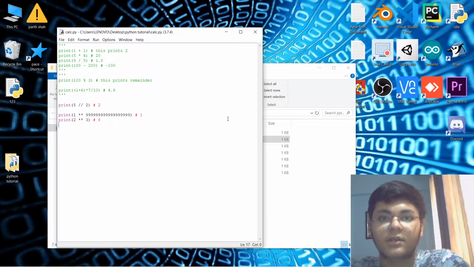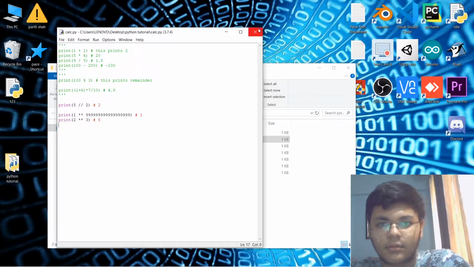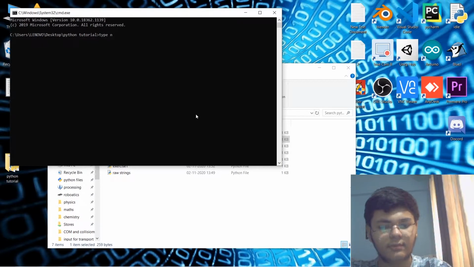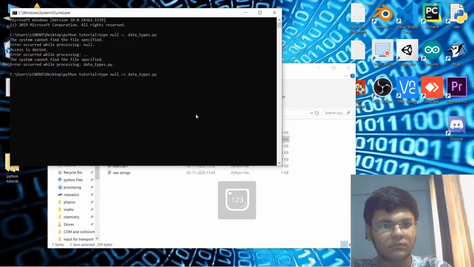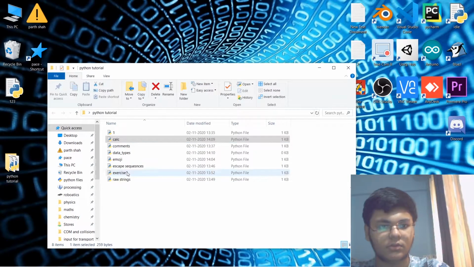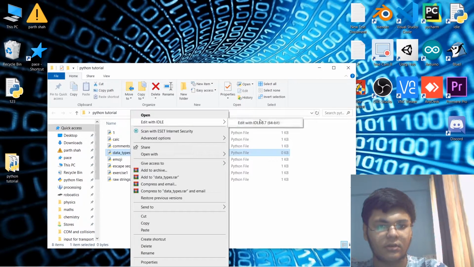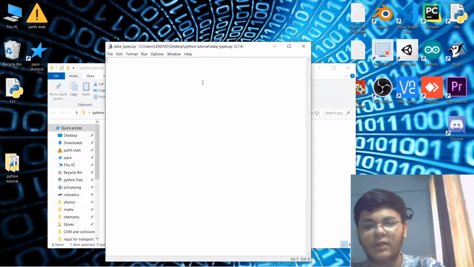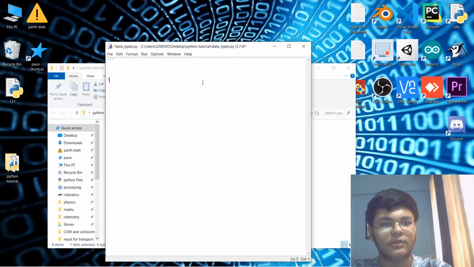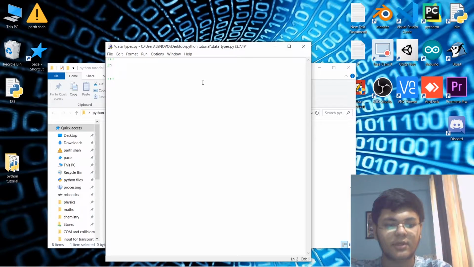Now let's move on to the next part, that is data types in Python. We'll just cover some basic data types over here. Okay, so I'll just create a new file, datatypes.py. Basically we'll just cover a few basic data types that are required for now. So I'll just write comments over here. I'll say the main data types are